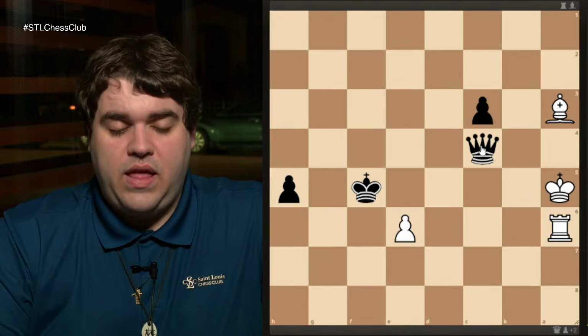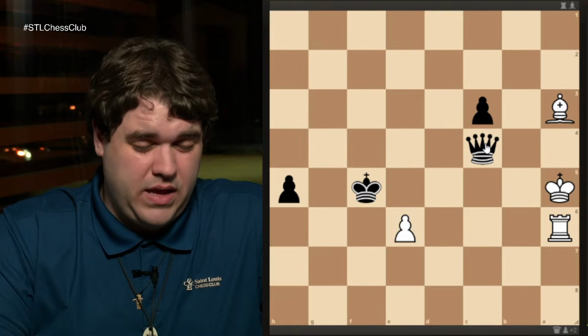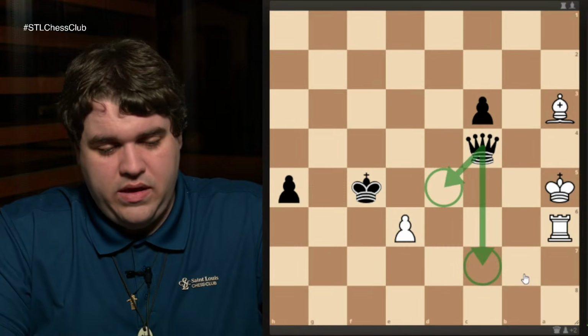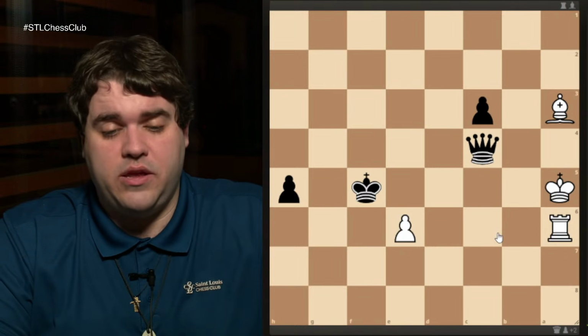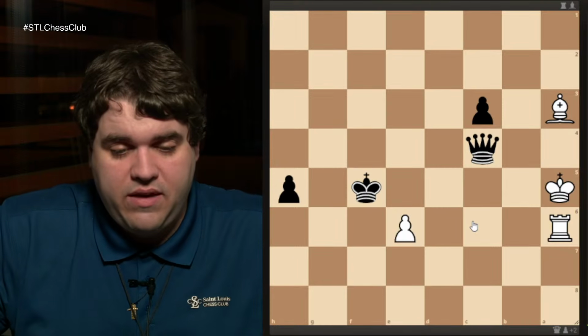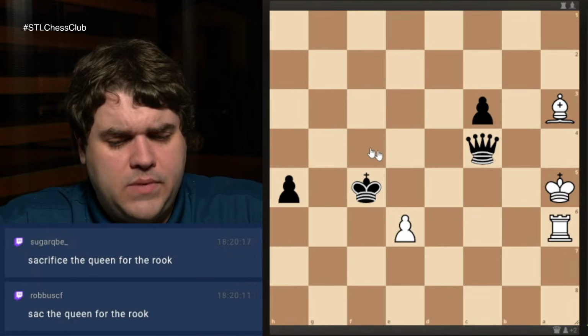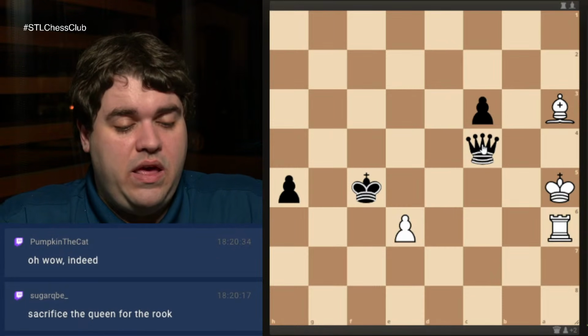So check, there's a lot of reasonable ideas for checks. Actually, I take that back, there's two. We can check here and we can check here. Anywhere else, then we get taken. But we have some checks we can consider. But actually, a few people in the chat, Rob USCF and SugarQBE, not sure how you want that pronounced, have both said the right idea, is actually, in this position,